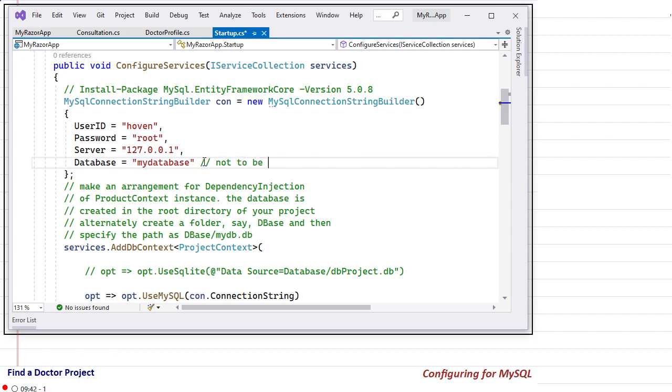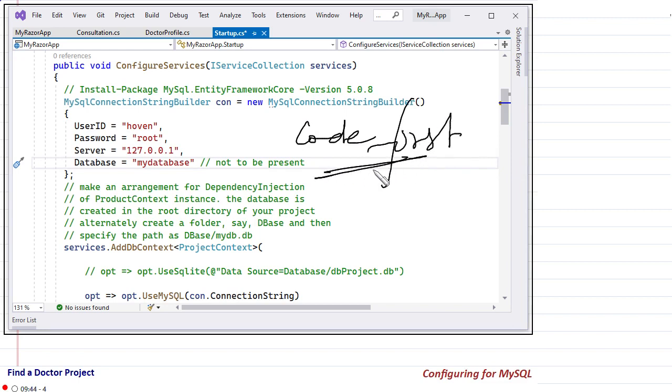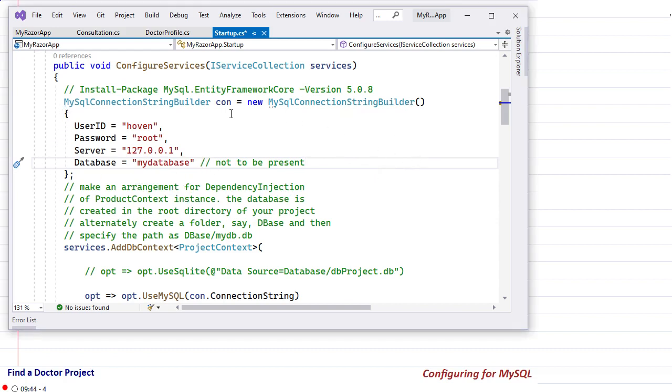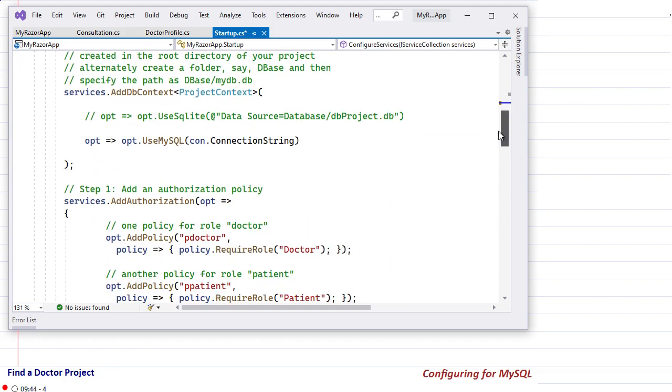This will be automatically created by the code first approach that we are using. So give any name here. Once these are available, then you have to pass this to UseMySQL, con.ConnectionString. It will automatically build the correct connection string for you.